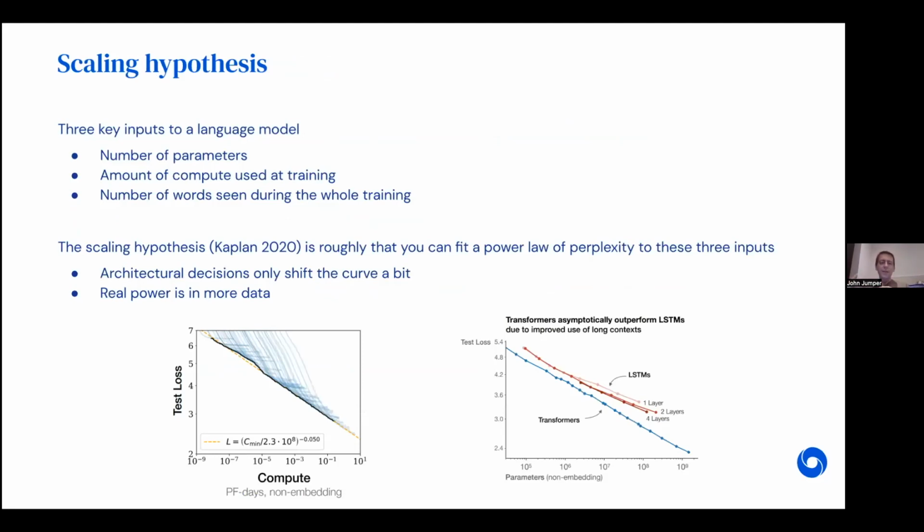And the scaling hypothesis is roughly that you can simply, and I realize I'm running a bit short on time, but you can simply fit a power law to these kind of inputs, and over an enormous, enormous range, you can get a pretty linear